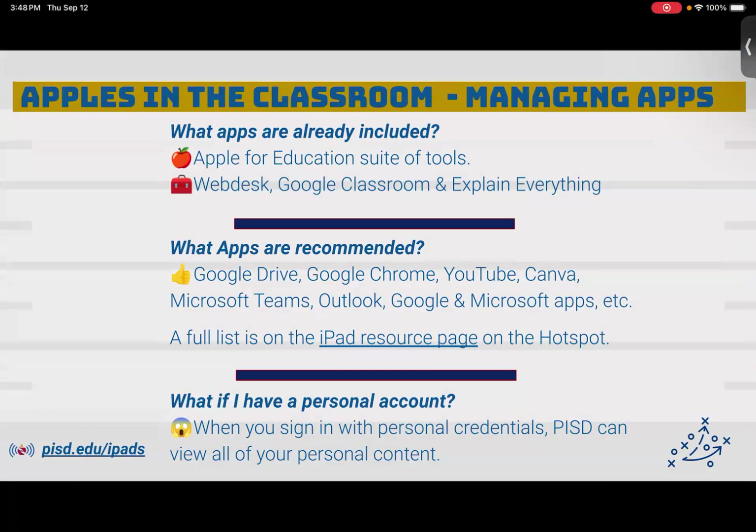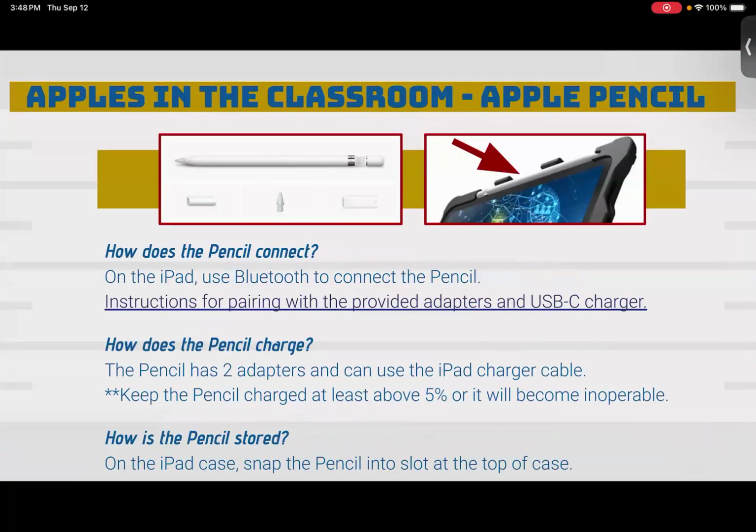If you have a personal account, do not sign in with your personal account. Don't do that. Otherwise, PISD will be able to view all your personal content. And not only PISD, but if your pictures connect and you accidentally let your iPad go somewhere and children see your personal pictures, think about what that might contain. And I guarantee you, you're not going to want your personal information to be seen by all your students. Okay, so